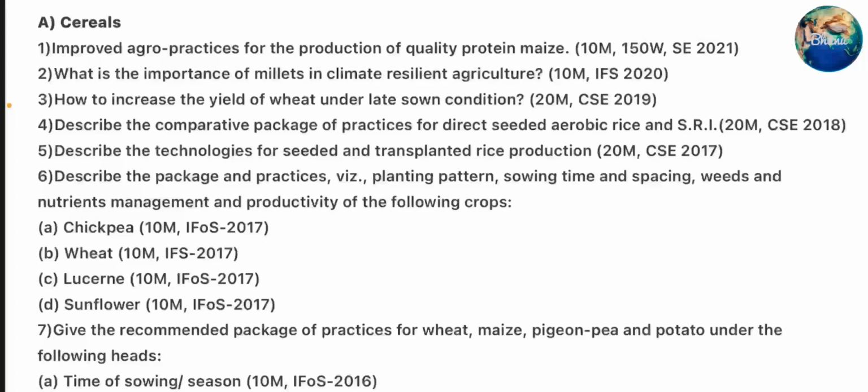Question 5. Describe the technologies for direct seeded and transplanted rice production. Question 6. Describe the package of practices with planting pattern, sowing time and spacing, weed and nutrient management and productivity of the following crops: chickpea, wheat, lucerne,